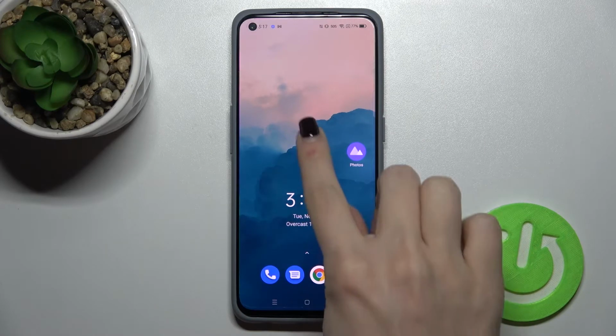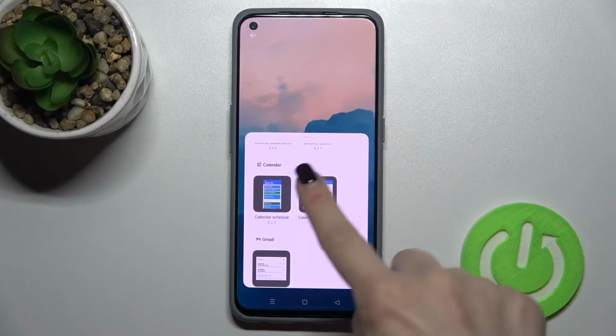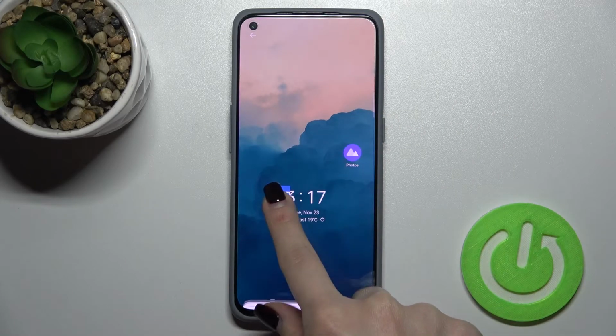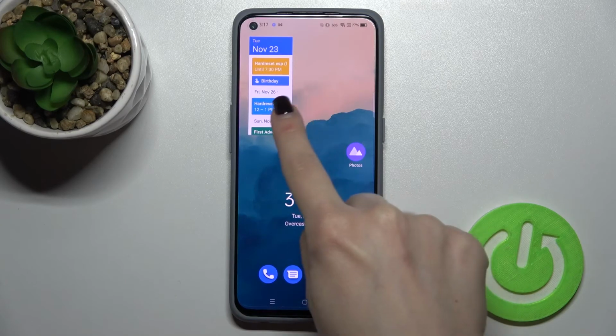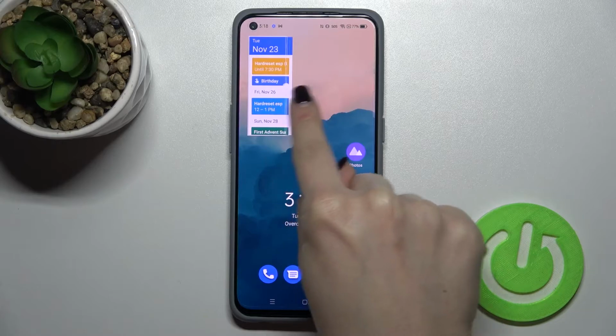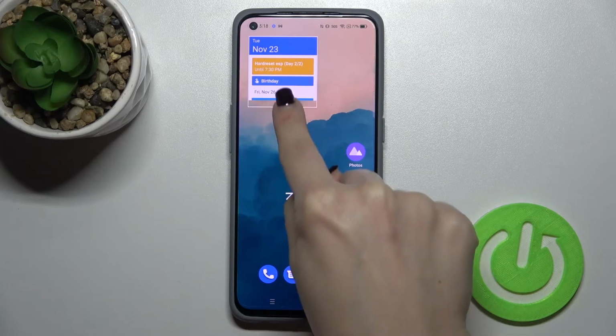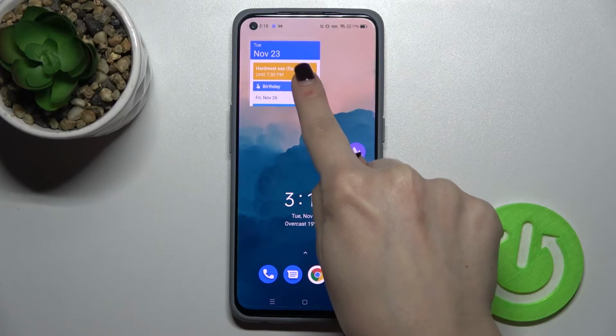Just tap here, and for example we'll add the calendar in the same way. Just drag with your finger, and as you can see, right now you can also change the size of your widget this way. And if you want to remove, for example, just press for a while, and here you